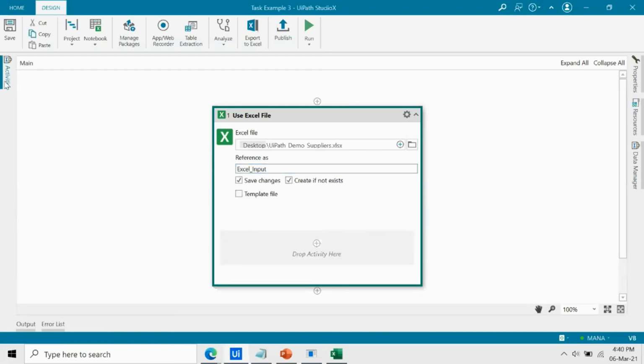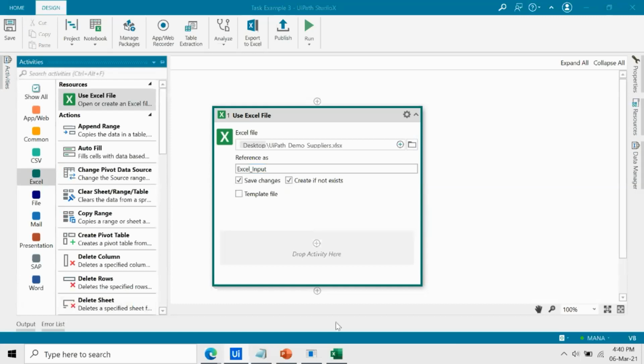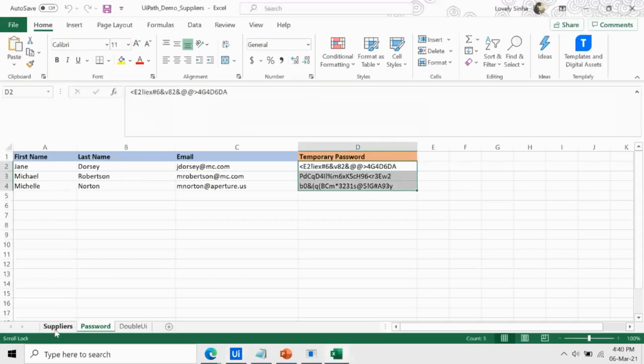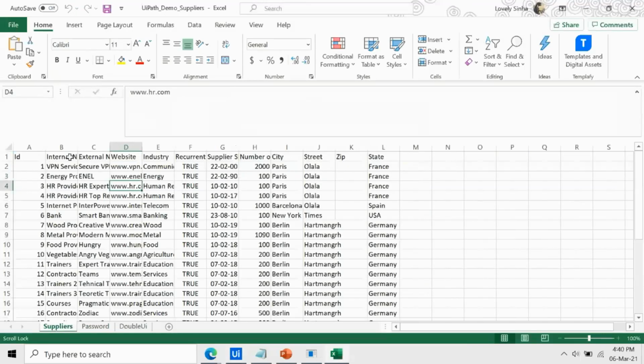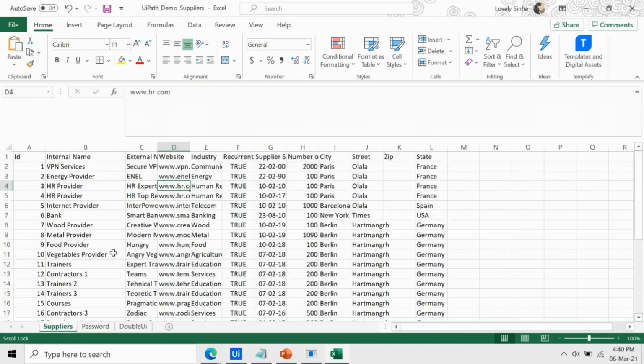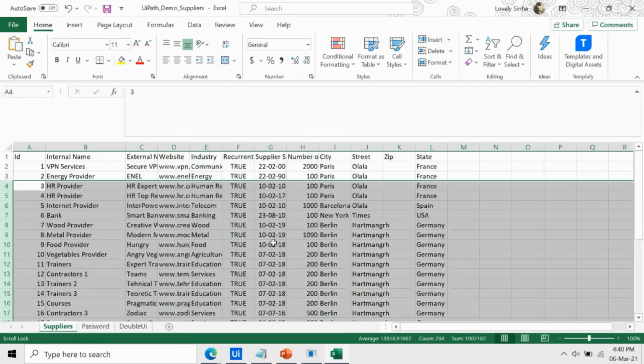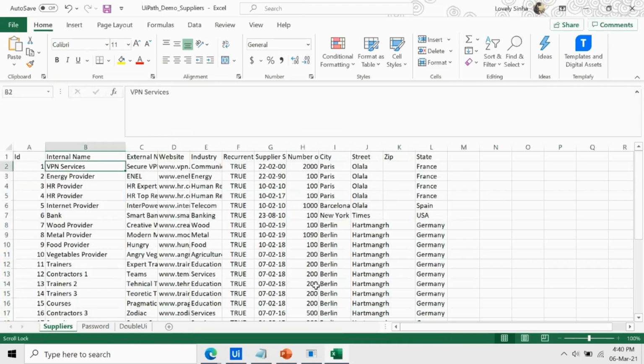Okay. And now let me open the sheet also. So we have to perform multiple rows. Maybe what I can do is, there are multiple, so we'll just do it for two operations, or let's take one.